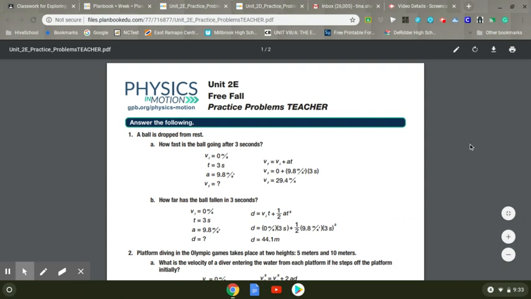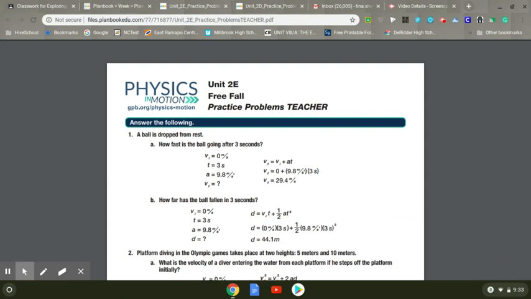Hey guys, let's look over the free fall practice problem worksheet and look at the answers and see if your answers are the same. A ball is dropped from rest, and A says, how fast is the ball going after